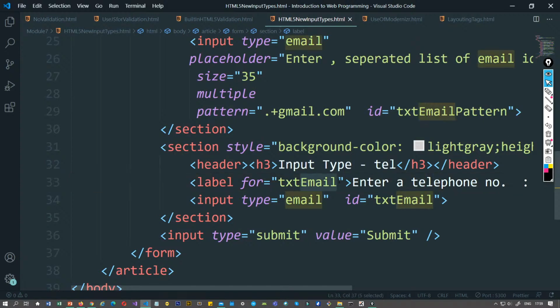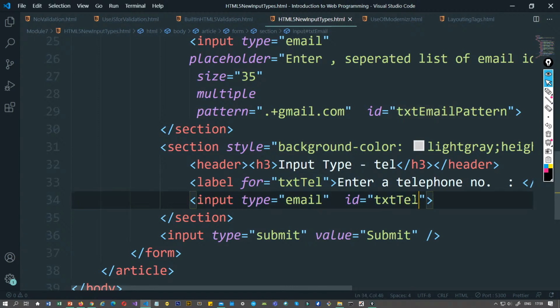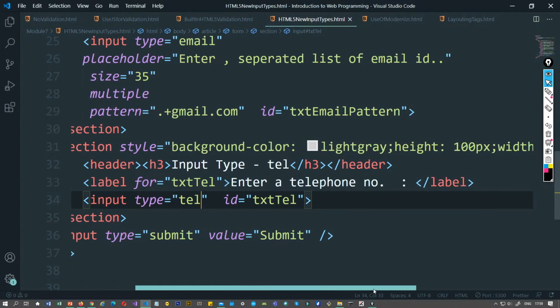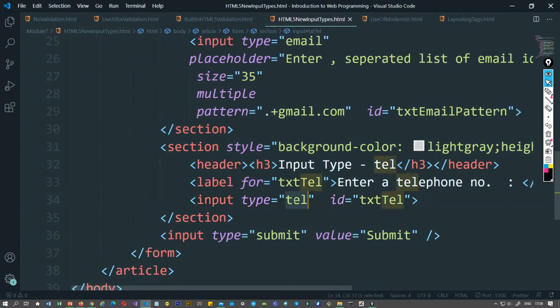And the txtTel, I'm going to mark it, this txtTel is here, and here I will say input type equal to tel, right? That's a new HTML5 input type that kicks in. Now what this input type equal to tel does, if I just view it in the browser,